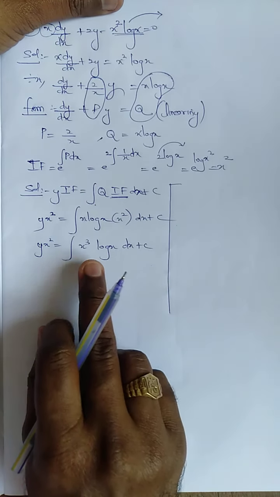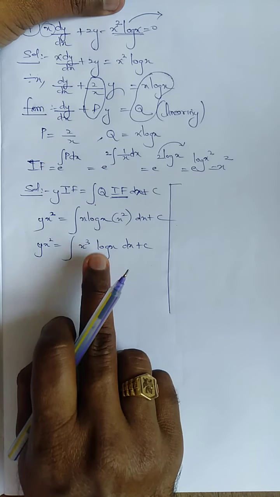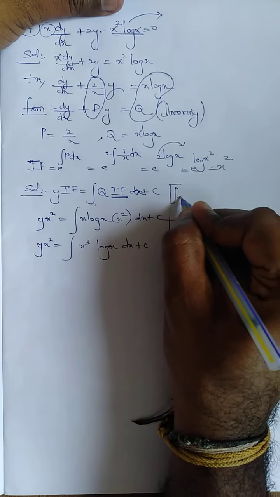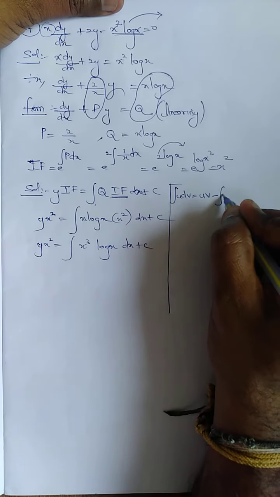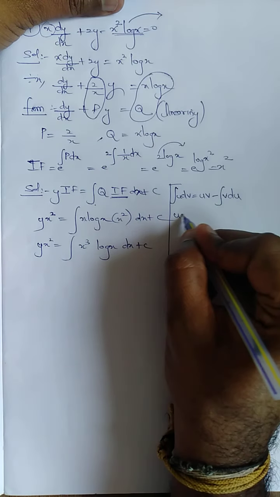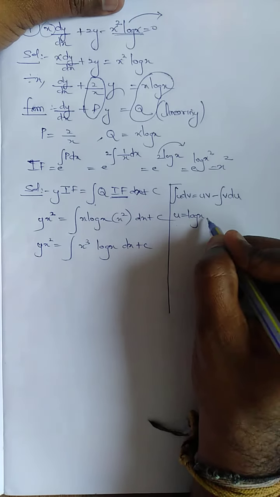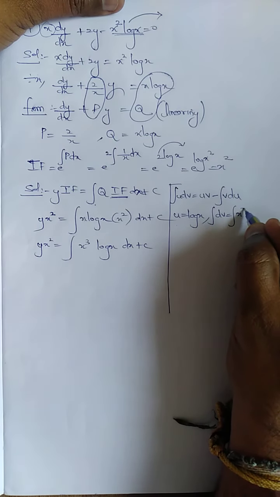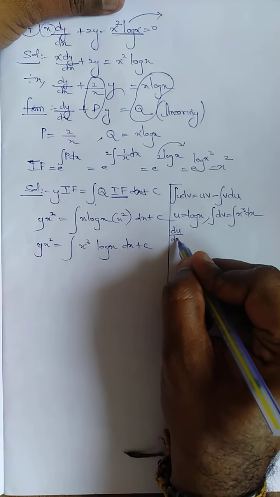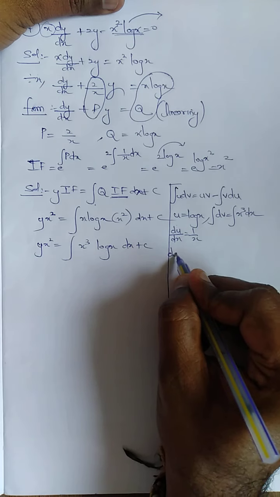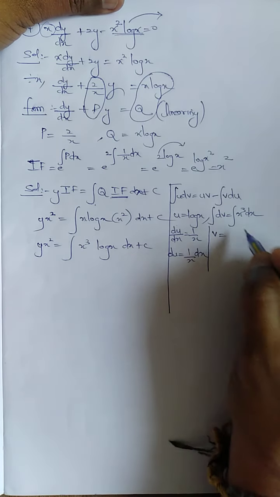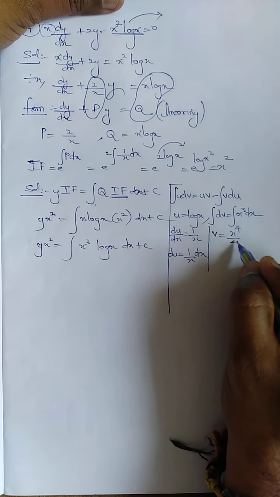So once again I can't use Bernoulli's formula, because of the same problem we faced in the 13th sum. So I want to use integration by parts. Integration of u dv is equal to uv minus integration of v du. Here I am going to take u as log x, and dv is x cube into dx. So du by dx, log x differentiated, is 1 by x. Du is equal to 1 by x into dx. Integration of dv is v. Integration of x cube is x power 4 by 4.